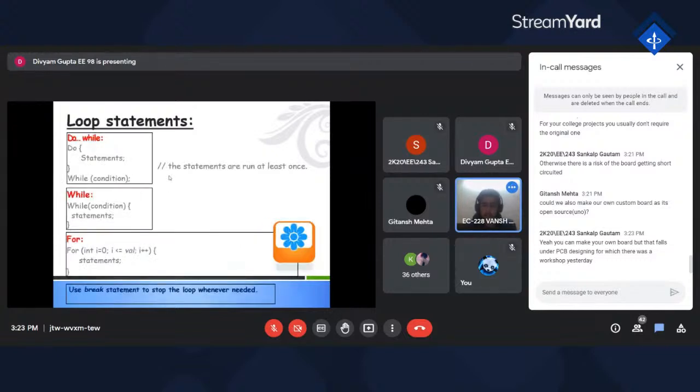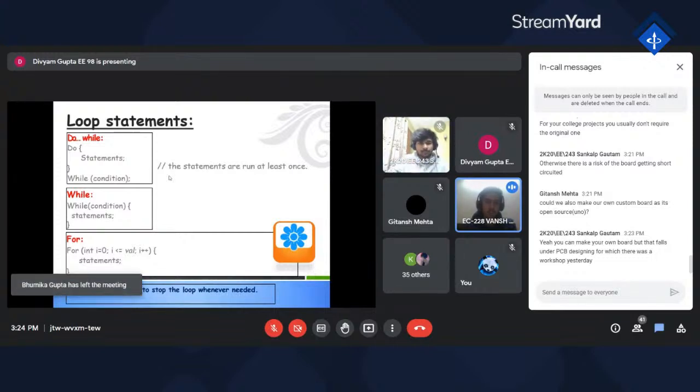Right, loop. What we have seen so far is a conditioning statement. A conditioning statement is associated with a particular condition: if the condition is true, then execute the statement. But if we have to run a loop, let's say we have to write numbers less than 10, so 0 1 2 3 till 9, we can't use an if statement again and again, many times. What we do is take help of loops, right?